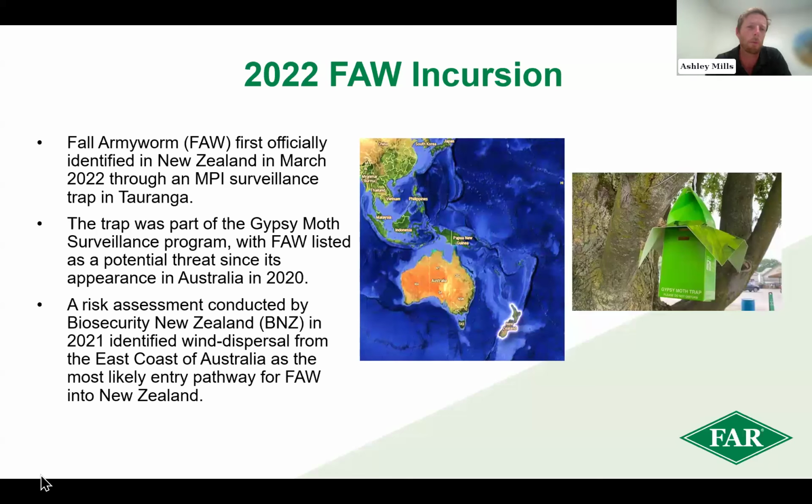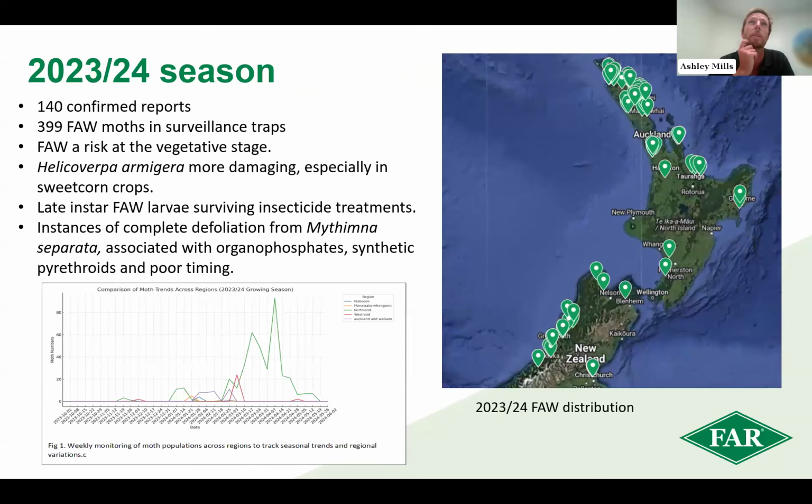New Zealand's geography makes us reasonably unique. Looking at the top of New Zealand there, Northland was notified as an area of significance due to its warmer climates. Other regions were identified with conditions as either marginal or entirely unsuitable for a fall armyworm population, especially for the overwintering. We get some really, really low temperatures. However, our diverse geography also gives rise to some interesting microclimates, and this really influences the pest dynamics and the management approaches that we have. If you go on to the next slide, please, Alison. Cool, thanks. So this was last growing season.